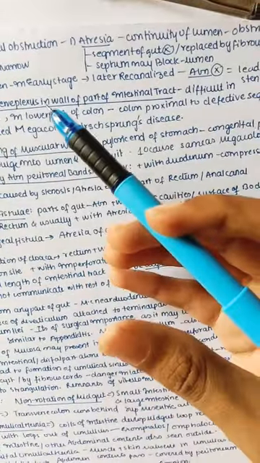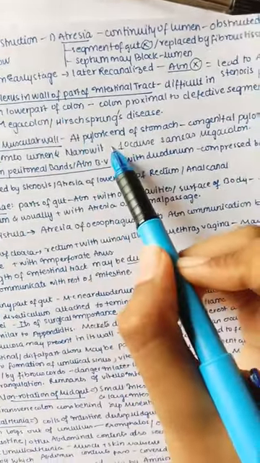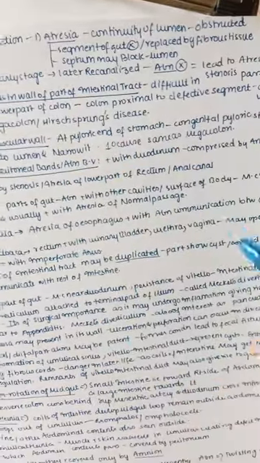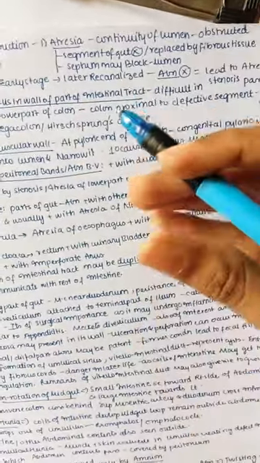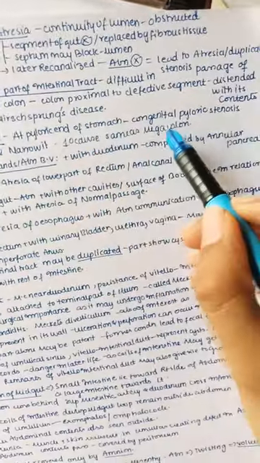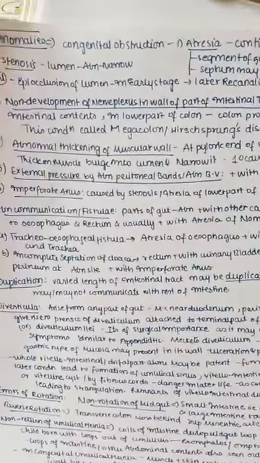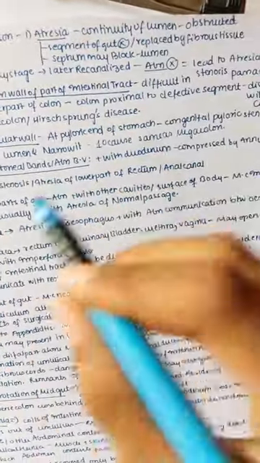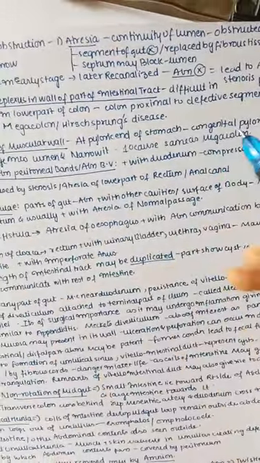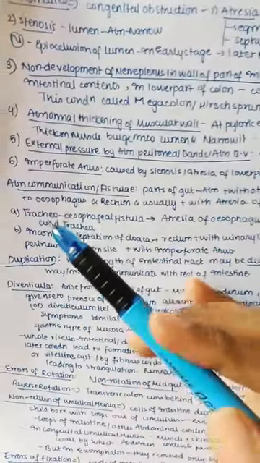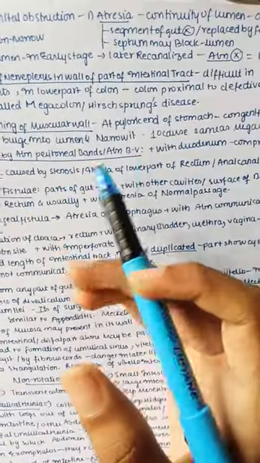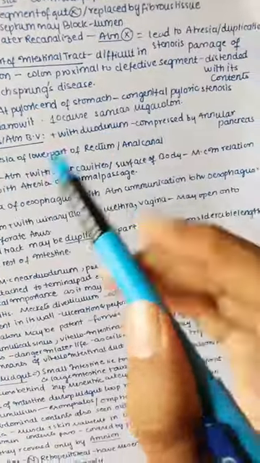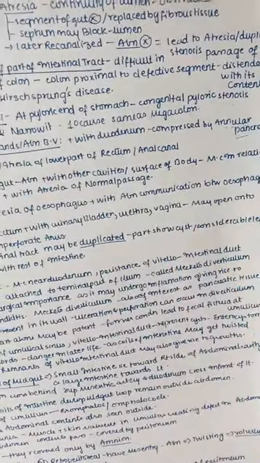Next, abnormal thickening of the muscular wall. Sometimes the muscle wall also gets thickened, especially at the pyloric end of the stomach. We know the stomach has an upper cardiac end and a lower pyloric end. If the musculature at the pyloric end is abnormal, then there is congenital pyloric stenosis, with thickening of the muscle which bulges into the lumen and narrows it. It is mainly a primary cause, same as megacolon. And next, external pressure by abnormal peritoneal bands or abnormal blood vessels. It is also associated with the duodenum, which is compressed by an annular pancreas.